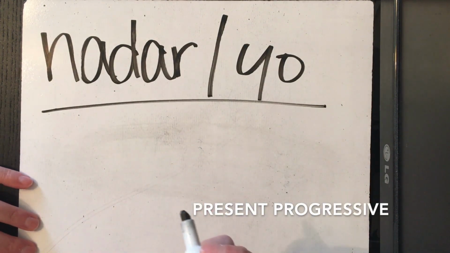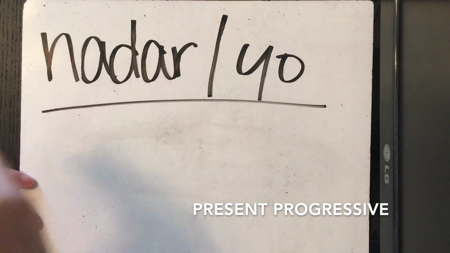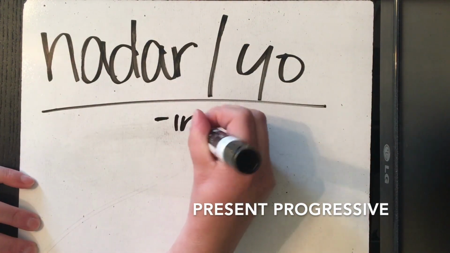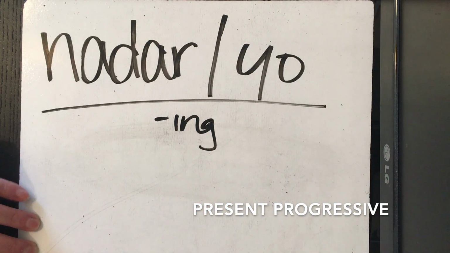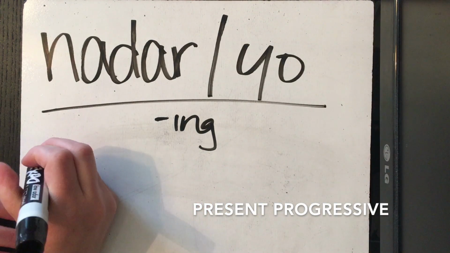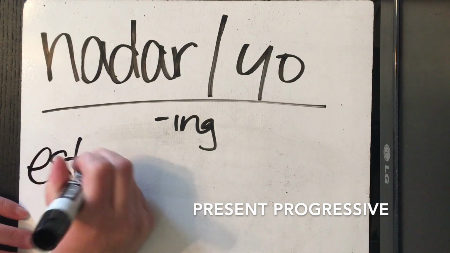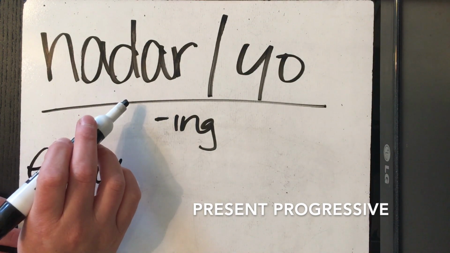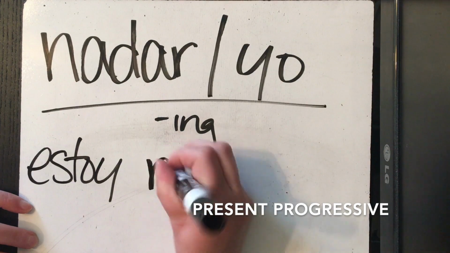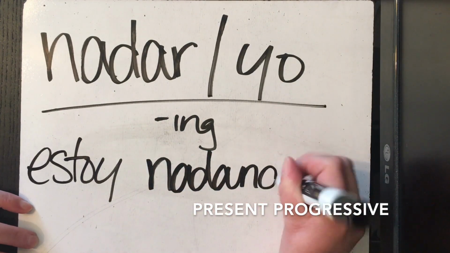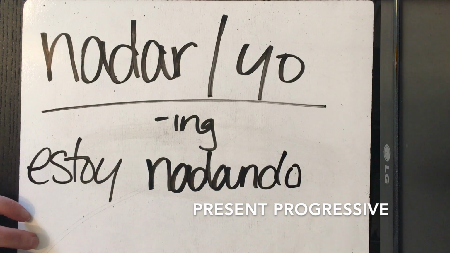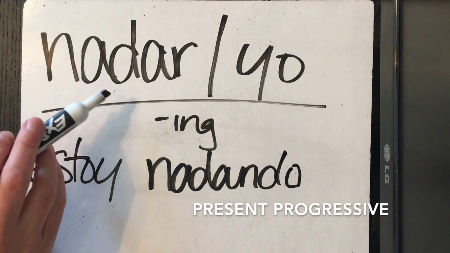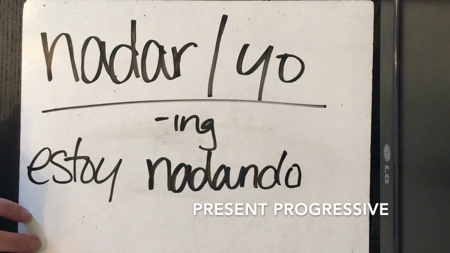Present progressive is next. Present progressive would be saying I am doing something. That's the -ing in English. So I am swimming is two forms in Spanish. It's like my music video. So we have a form of estar. So we have estoy. And then we take our action verb and we drop the ending and add either -ando or -yendo. So here we have estoy nadando. This is a regular verb in all of the forms I'm going to show you, but there are some that are irregular in the present progressive. So thinking about verbs like servir, leer, there's e to i, o to u, and i to y in the